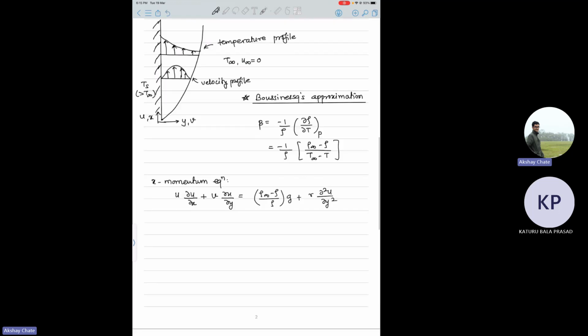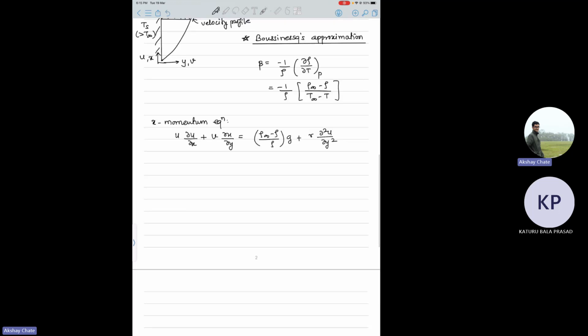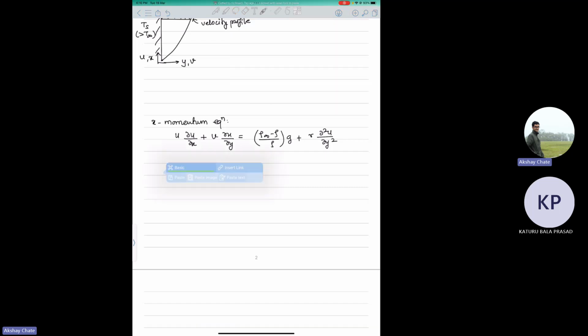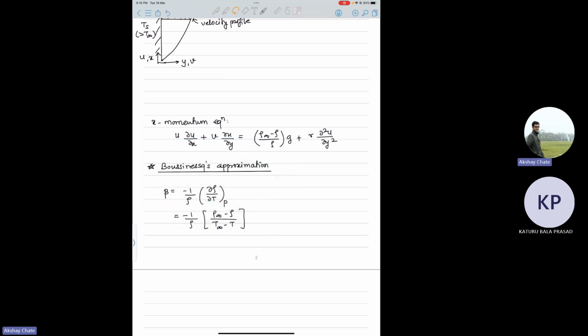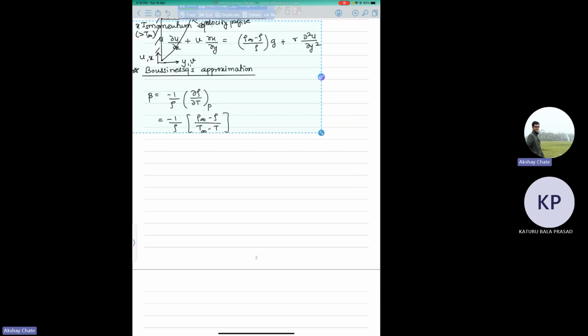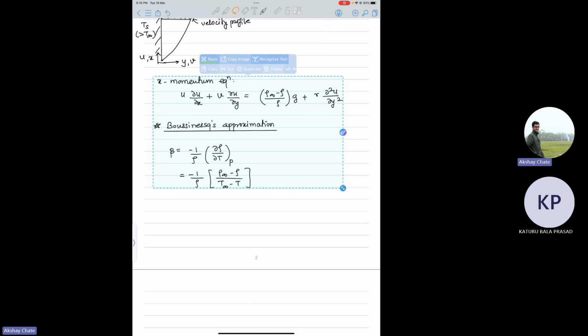So what this Boussinesq approximation says is, I should have written it earlier. One second. Yeah, so this should be the correct way to do this. And in the class we wrote it like this, but when you look at this equation, what you observe is,